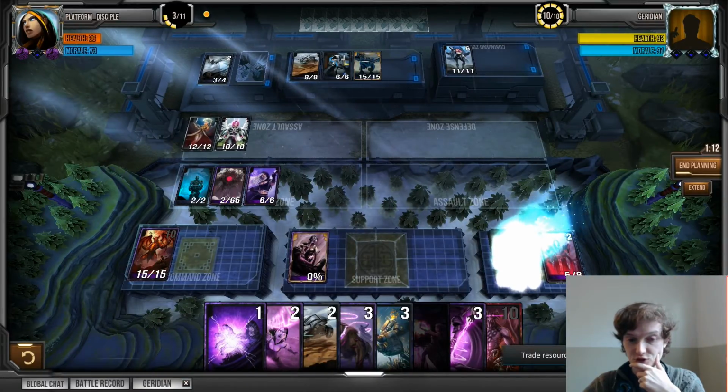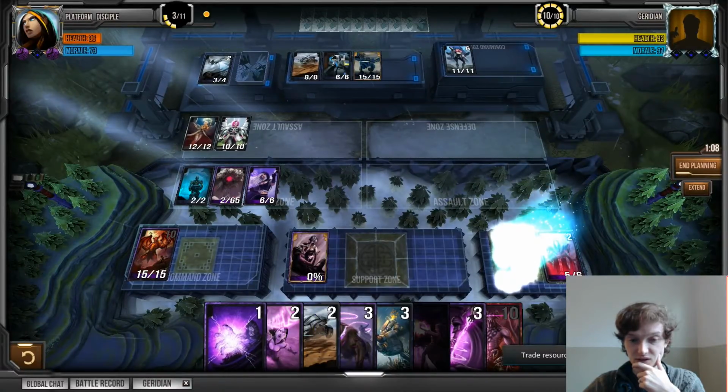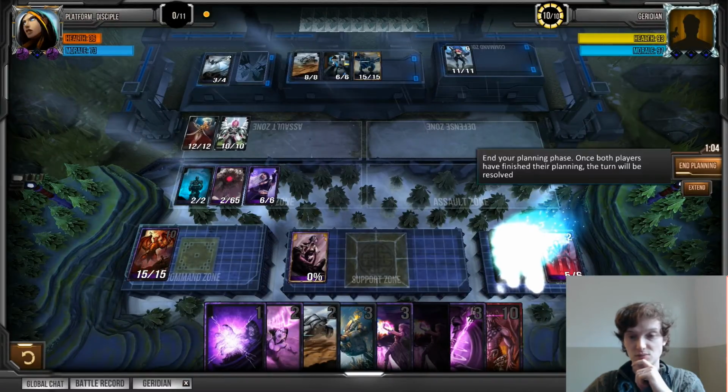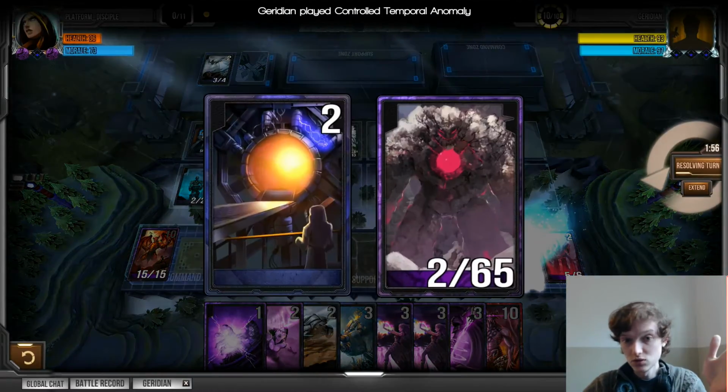And are we going to shuffle anything away? Honestly, I like all these cards. I think we'll shuffle away Beast of Burden. It's the worst. Nice. Another Ashes to Ashes. That's pretty solid. Yeah. Okay, so the good news...